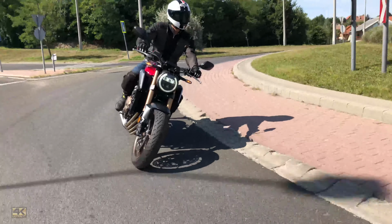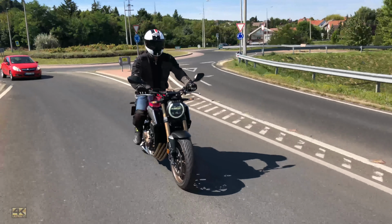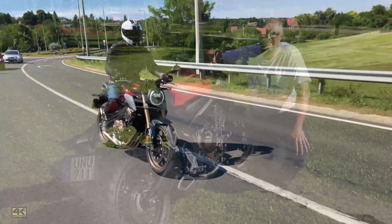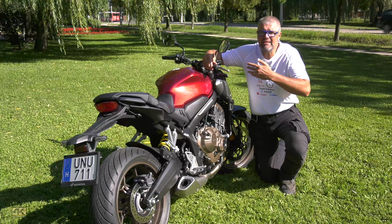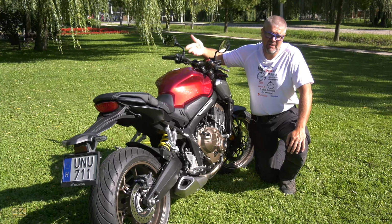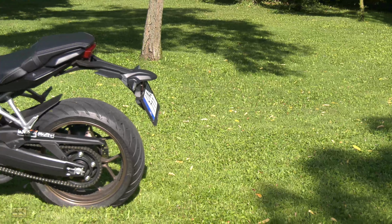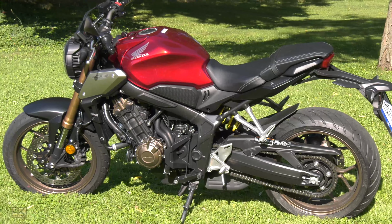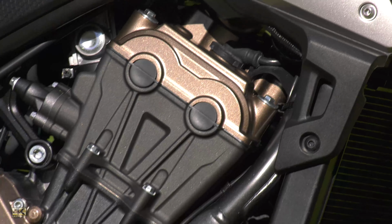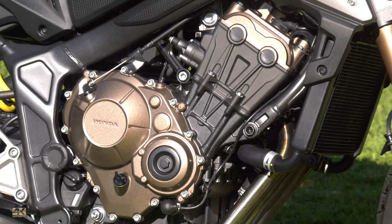Of course, this bike was more or less existing previously, because Honda had the CB650F, which was born in 2017, and that looked pretty similar, and even the name was pretty similar. But this one, the R version, which belongs to the Neo Sports Cafe line, is pretty much different from that. For example, the frame is an absolutely new one, partially because of this redesigned look. The whole bike is 6 kilograms lighter. The engine's cubic capacity is the same,